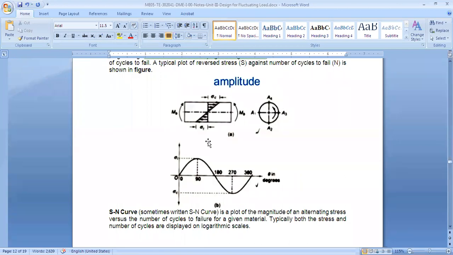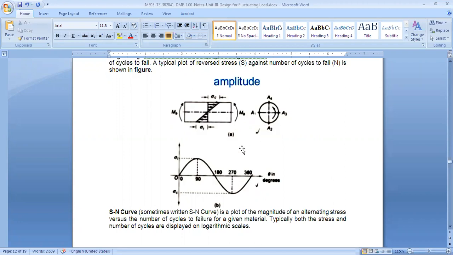So in one rotation, one point is undergoing four different stresses: 0, max sigma t, 0, max sigma c. This change in the stress of this particular element is represented as a sinusoidal wave. The stress is changing from 0, slowly going to sigma t, coming back to 0 at 180, at 270 it is sigma c, and at 360 it is again 0. Are you getting it? So any element at the extreme fiber is undergoing a changing load. The load is going from 0 to maximum tensile to 0 to maximum compressive. So it keeps on changing.